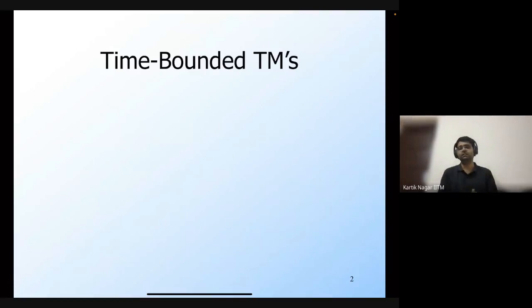So we have said that we are interested in problems which are decidable, because for undecidable problems, you cannot come up with any algorithm to solve them. But as it happens, even if a problem is decidable, in order to practically solve that problem, it's just not enough to say that it is decidable. Because a problem may be decidable, but if it takes millions of years for the fastest computer to solve that problem, then it's useless to us.